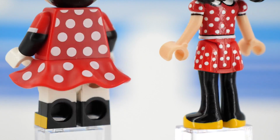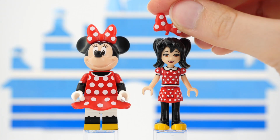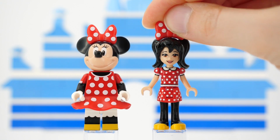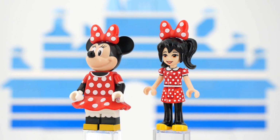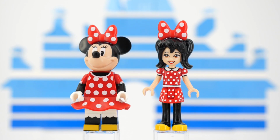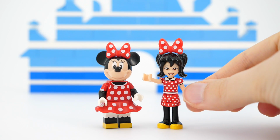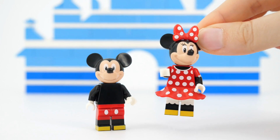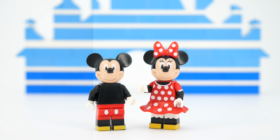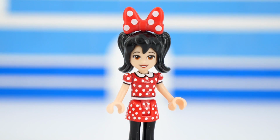Now, what does this outfit absolutely need more of? That's right, polka dots. Or at least, that's how I imagine the meeting on designing this version of Minnie went. And the outfit's fine, I guess. She looks better next to Mickey than the one in the pink dress, but yeah, I have a problem with